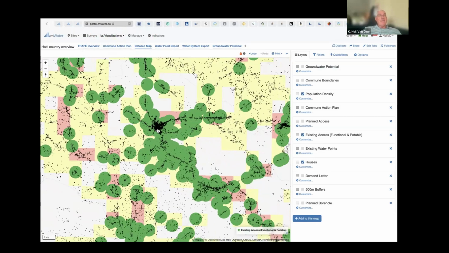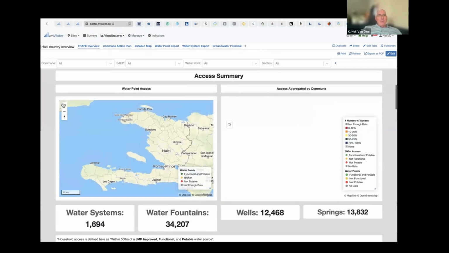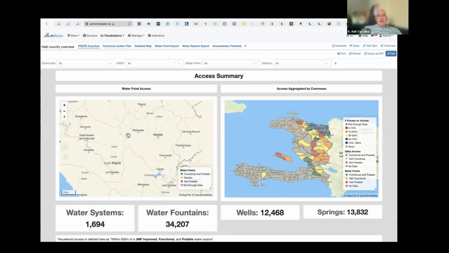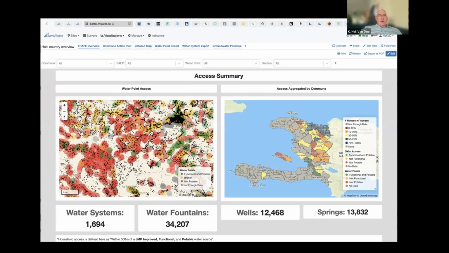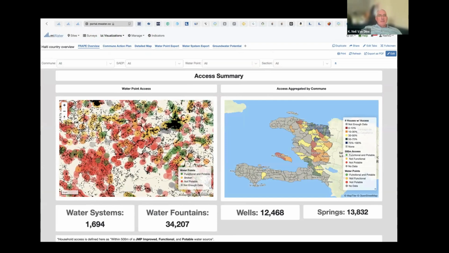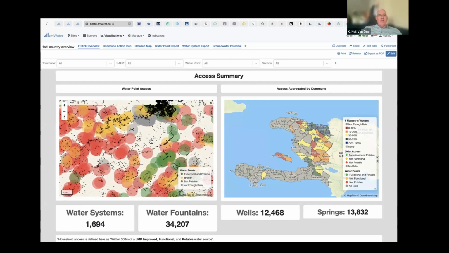They're alive, so obviously they're getting water from somewhere, right? And if you want to look at where they're getting water from, you can look at all the water points here when I zoom in on this map, and this includes all the springs and everything else. So there are people that don't have access to a specific water point. Some of these are maybe getting water from a creek or a stream or something like that, but here's a whole host of houses that have no access at all.